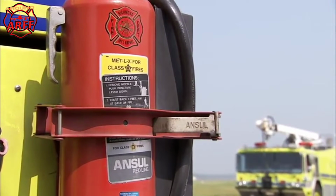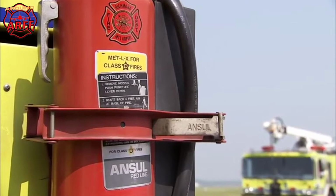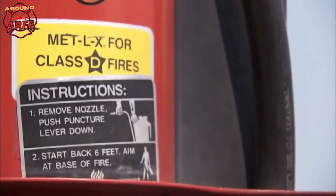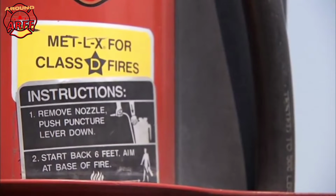Dry powders have a yellow star on the extinguisher label. Med-LX powder is the most common dry powder. It is non-toxic, non-abrasive, and non-conductive. Heat from the fire causes the powder to form an air-excluding crust. It does not cling well to vertical surfaces. Most dry powders are useful on small fires because they withdraw oxygen and lower the temperature of the burning metal